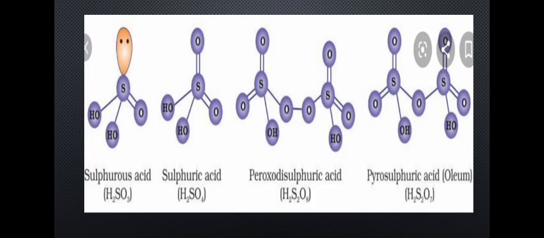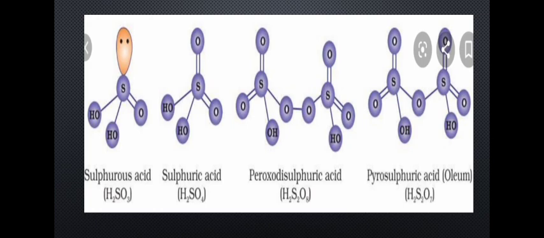Similarly, you will draw the oxa acids of sulfur. Again same, the arrangement is tetrahedral arrangement. You will learn the structure of sulfuric acid. In case of sulfuric acid, the central atom is sulfur. First of all, you will draw doubly bonded oxygen and one OH. What is left now? You are left with one H and 2 oxygen. So you will arrange one doubly bonded oxygen and one OH. Another molecule is sulfurous acid. In case of sulfurous acid, one oxygen is less. That position is occupied by lone pair.